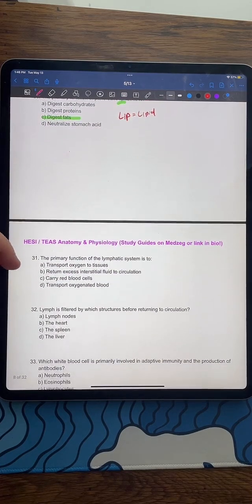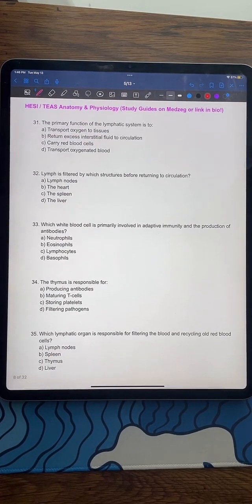Moving on. Number 31, the primary function of the lymphatic system is to